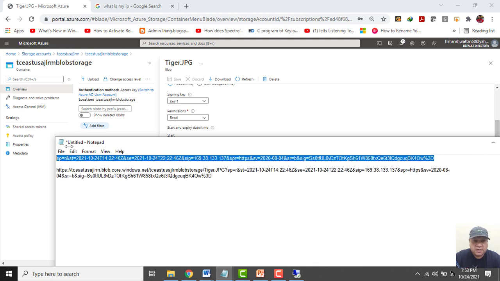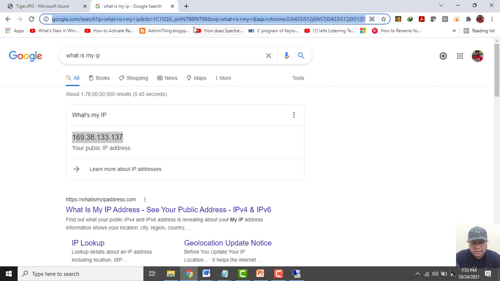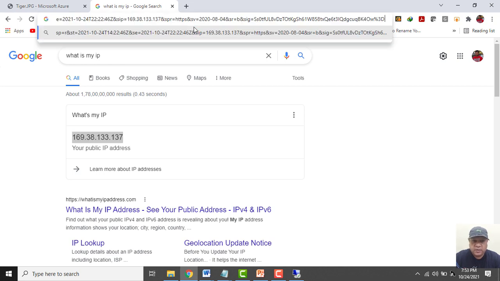So I can access this file, although it has private access, but since I have generated SAS keys and I have the URL, I can access it now.